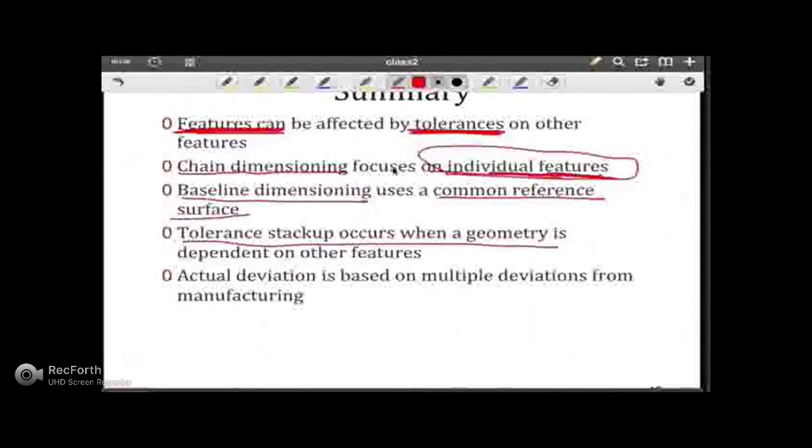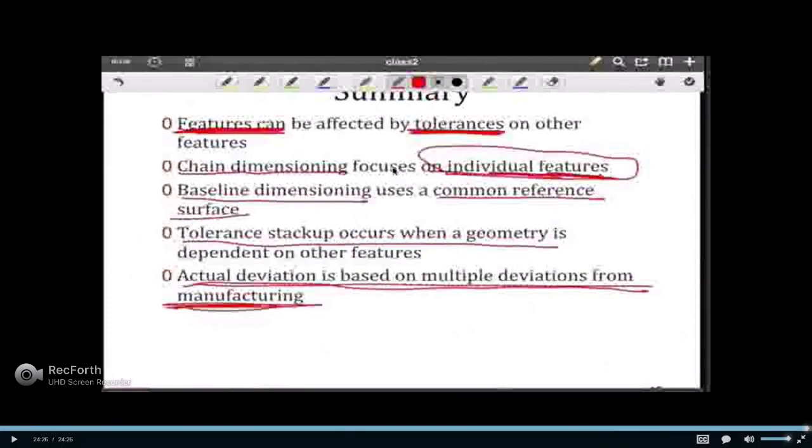Tolerance stack-up occurs when geometry is dependent on other features, and we saw that as we looked at the overall dimension of that simple part. And the actual deviation, of course, is based upon all the processes that you are using in your system. So one or more processes could be affecting those individual dimensions, and therefore